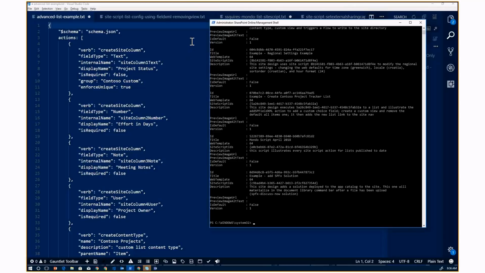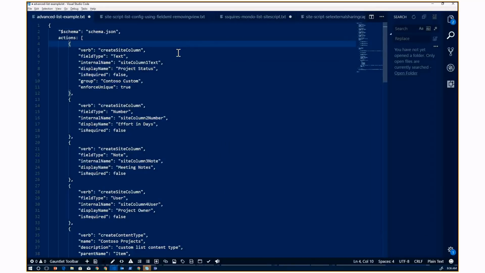Okay, first one. As you can see, yay, site column support. So very excited to enable site columns. This has been a long requested site action since we started previewing site scripts with you guys last fall. So thank you for that. Excited to share this with you. You'll see that we have a couple of different actions. The model is